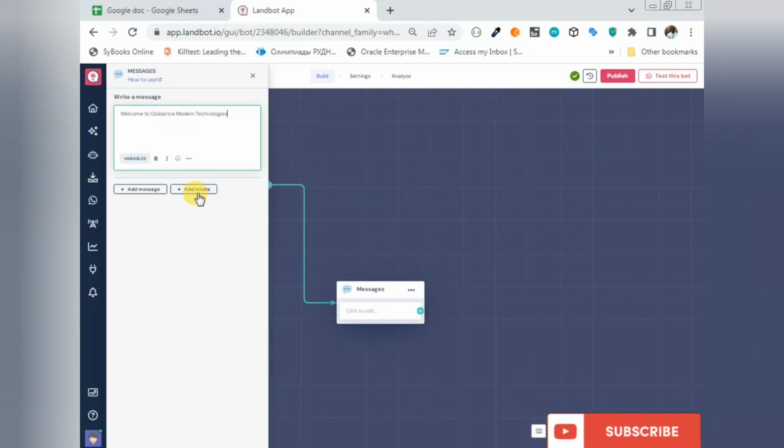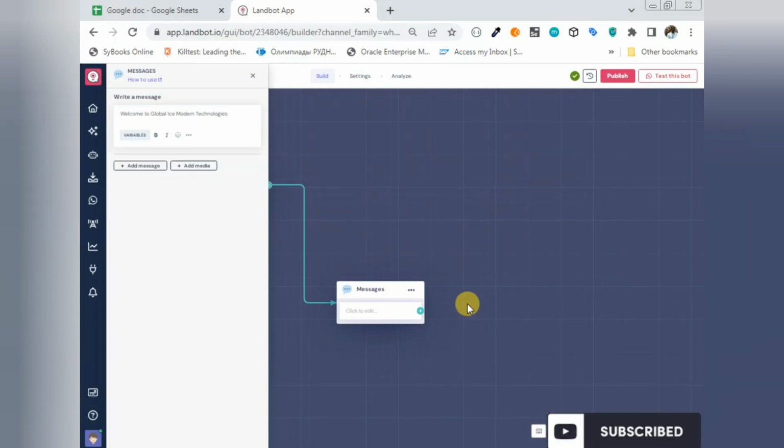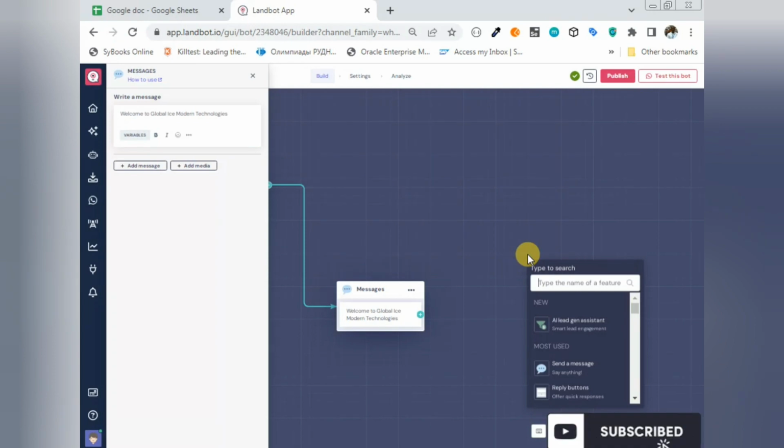Now, if you want to add a media, just like as I did before, you can add a media by clicking on the add a media button, but we don't want to do that right now. Okay, so the next thing we need to do is we'll enter a button saying select job offers. We'll have 3 job offers. We'll have offers for assistant manager, receptionist, and intern. So we'll click on button,